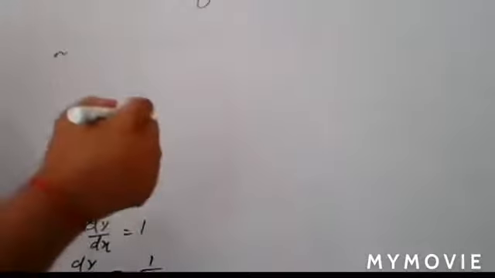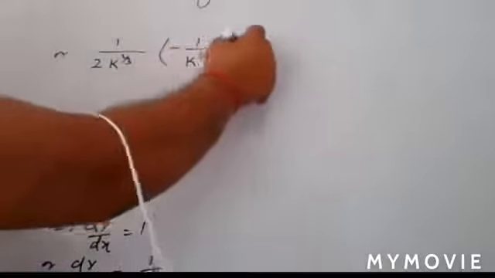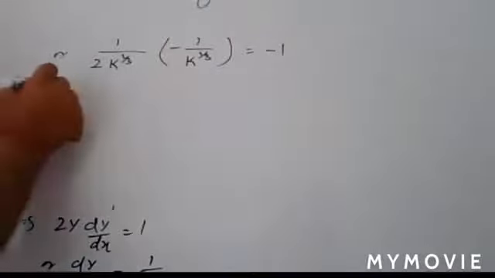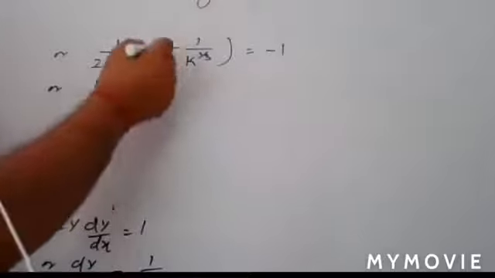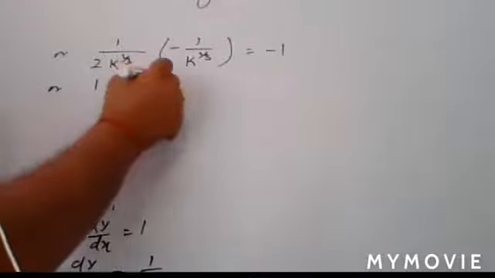So just putting its value, you have 1 upon 2 into k to the power 1 upon 3 into the value of m2, which is minus 1 upon k to the power 1 upon 3, is equal to minus 1. Now what you write? The minus sign cancels out from both sides. So 1 is equal to 2 into k to the power